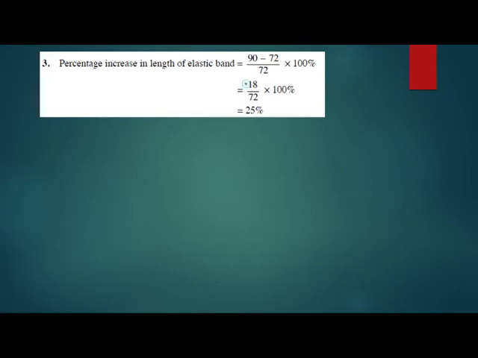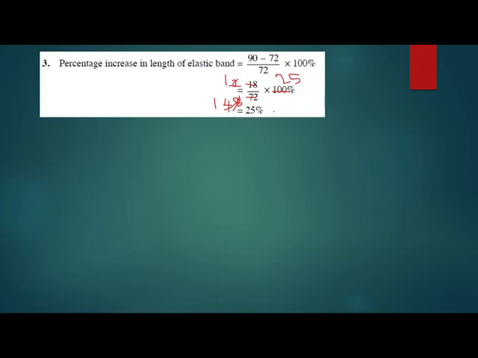Are they coming in the same table? Yes, you can read the table of 9. For your simplification, I am reading the table of 9: 9 twos are 18 and 9 eights are 72. Again I will read the table: 2 ones are 2, 2 twos are 4, 4 ones are 4, and 4 twos are 8. Then in the table of 4, 25 fours are 100. Simply multiply them, you will get 25%.